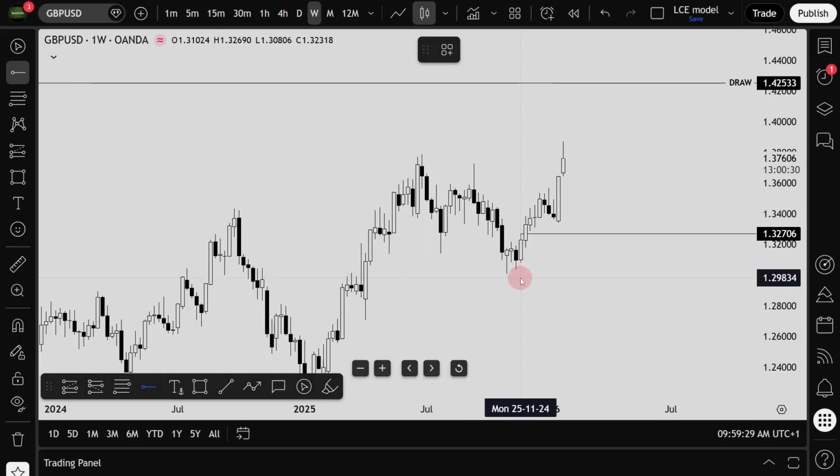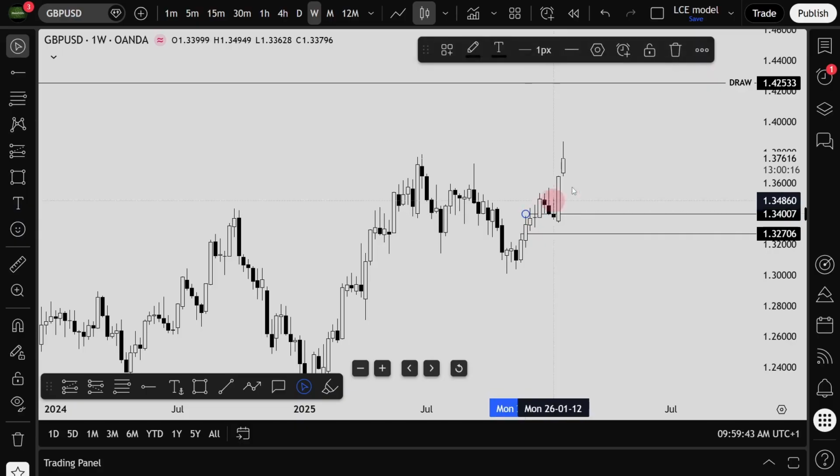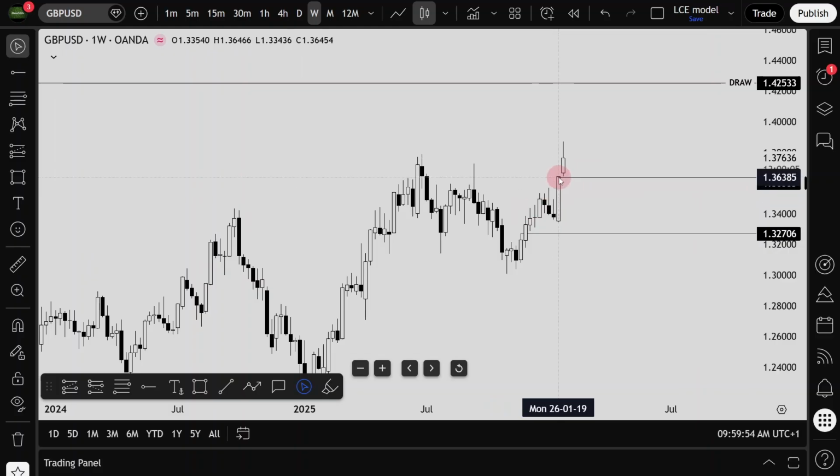Now look at the week. This week right here, it sought this week's high, and that was the draw. This week sought this week high, and that was the draw. And that's what price keeps on doing. It keeps on seeking the high of the previous candle. Look at what last week did. Last week was a very bullish candle, and immediately the week opened, it continued in its move, seeking last week